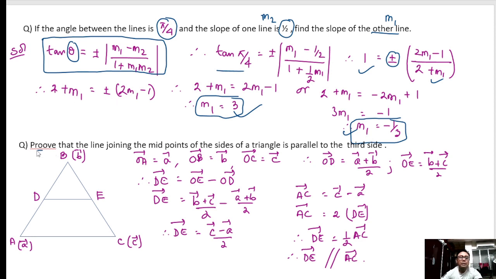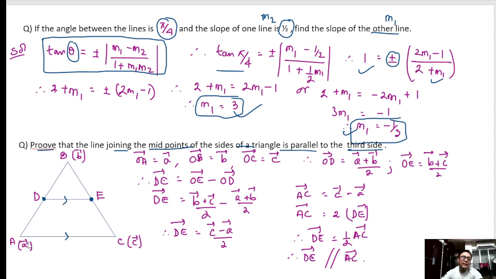Next, prove that the line joining the midpoints of the sides of a triangle is parallel to the third. That means they are telling us to prove that if I join the midpoints of two sides of a triangle, then it is parallel to the third side. This is what I have to prove. So